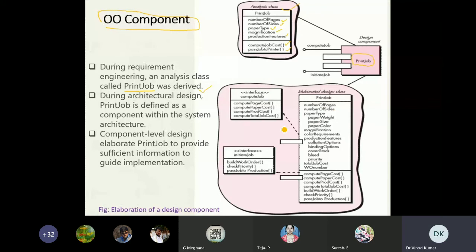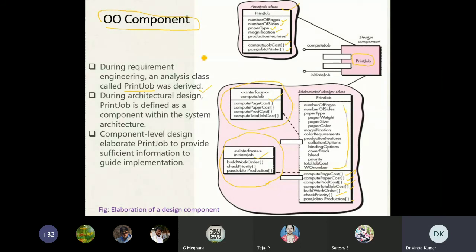You come into the more detailed, elaborated design class. See how much detail we are having here. Next are these different operations. You can see here integrating, then it will be interfaced for the different works: compute job, like this one, and the initiate job, this one. Two functions, two components again created.